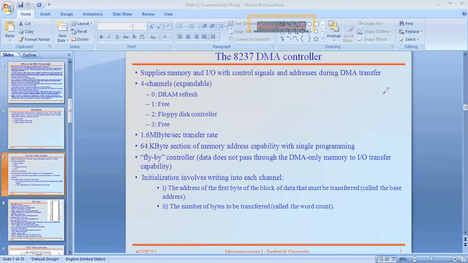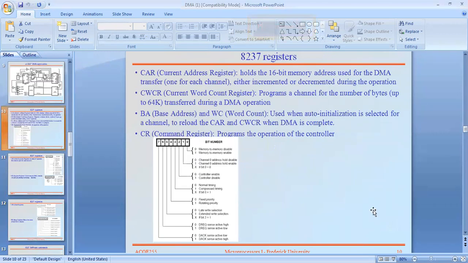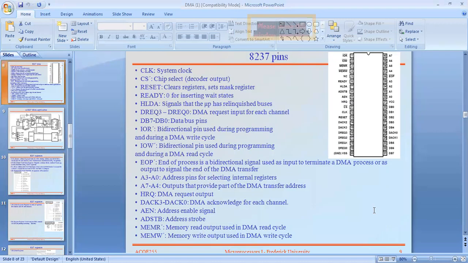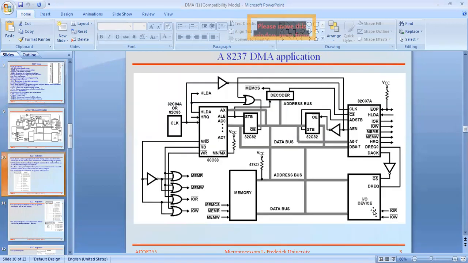In the last class, we learned about the 8237 DMA controller, its different channels, the different pins and pin description, and the 8237 operation.